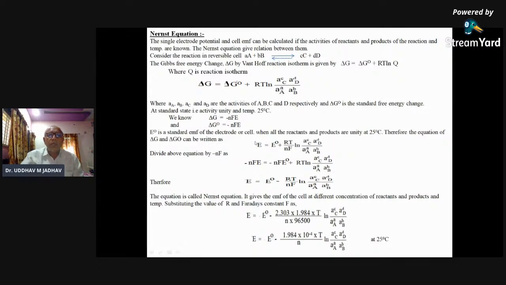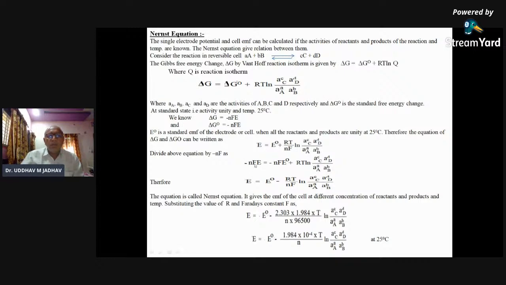Here delta G and delta G naught should be there. Now here delta G is nothing but minus nFE. Delta G naught is minus nFE naught, and this RT ln activity of A to power a, activity of C to power c, activity of D to power d upon product of activity of reactant. And that's why if you divide the equation on both sides by nF, then what we get,